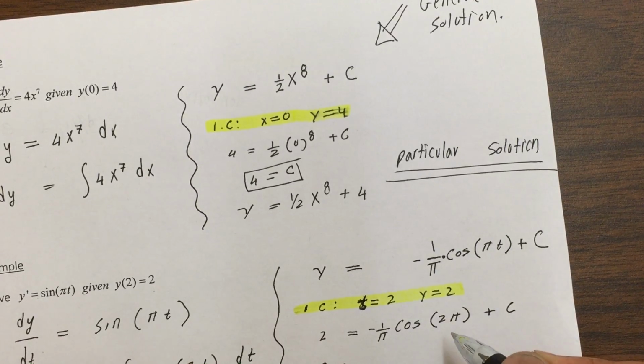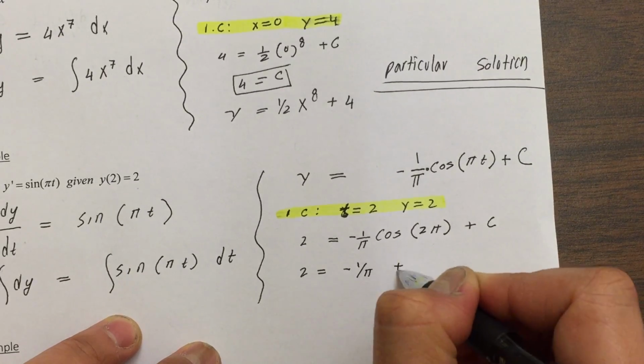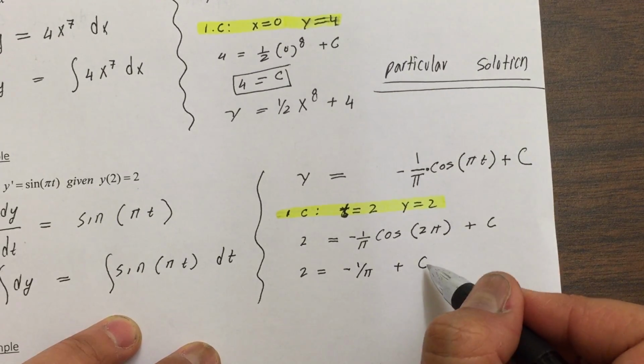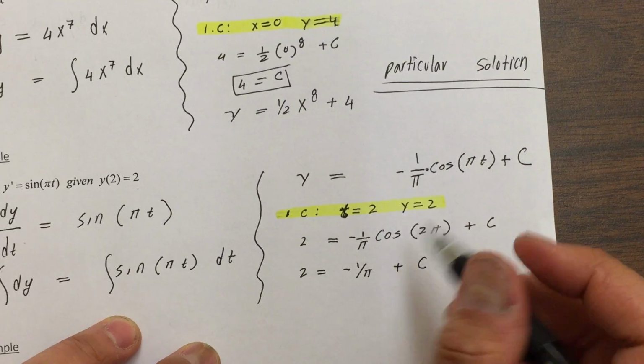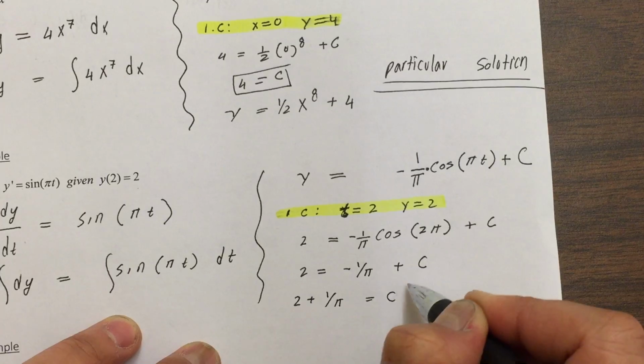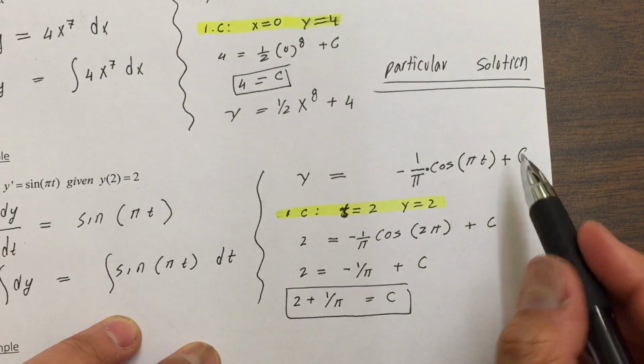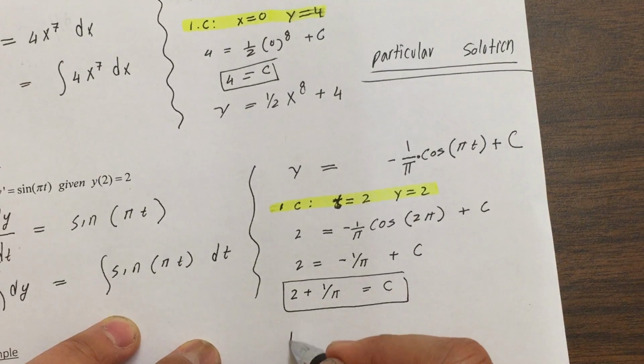Now cosine at 2 pi is 1, so we're just going to get that. Now to solve for c, we add 1 over pi to both sides. So then this is c. Okay, this is c. Now once we found c, then we plug that in there, and so we get the